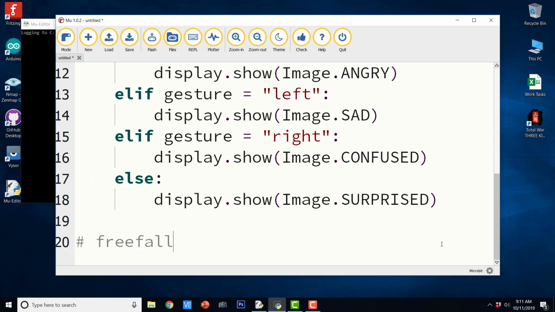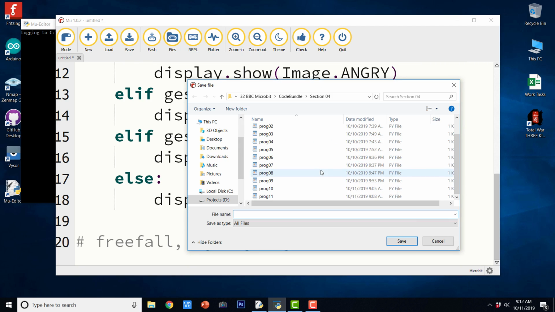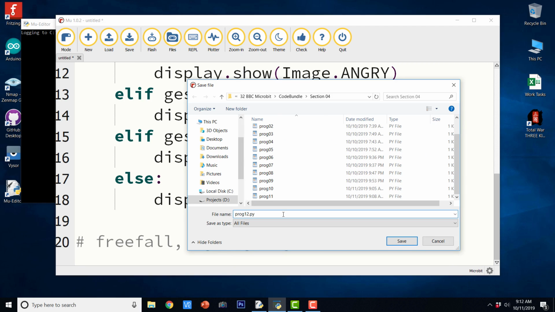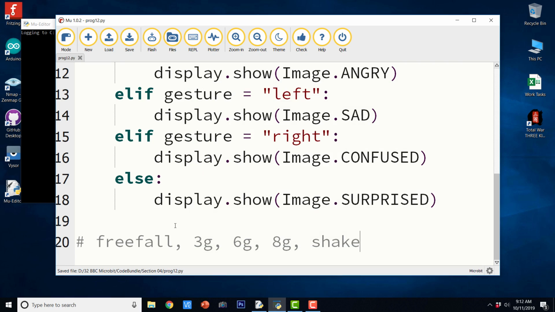Free fall, 3G, 6G, 8G, shake. Save, and prog12.py. So here there are few additional gestures like free fall, 3G, 6G, 8G, and shake.